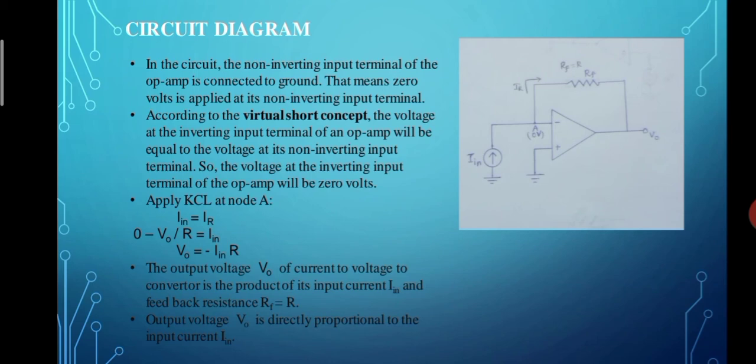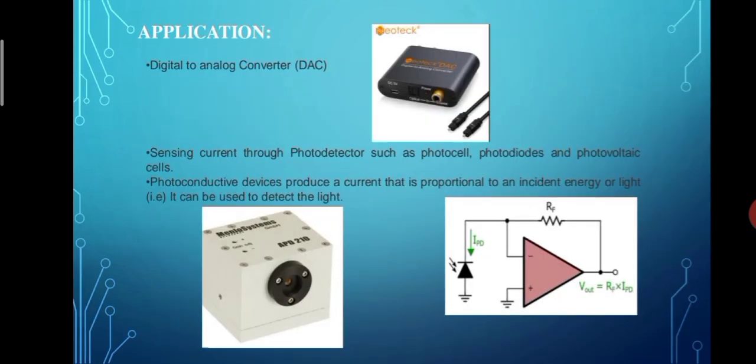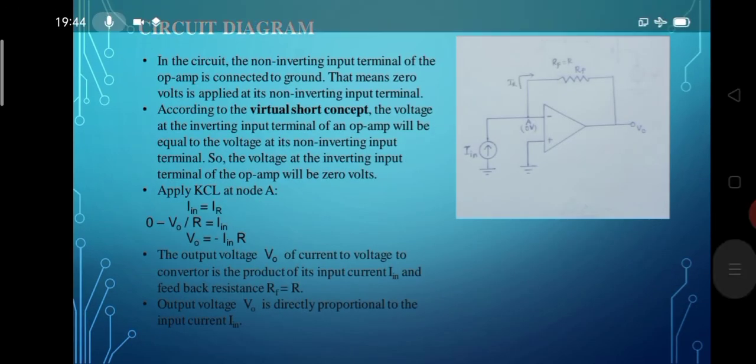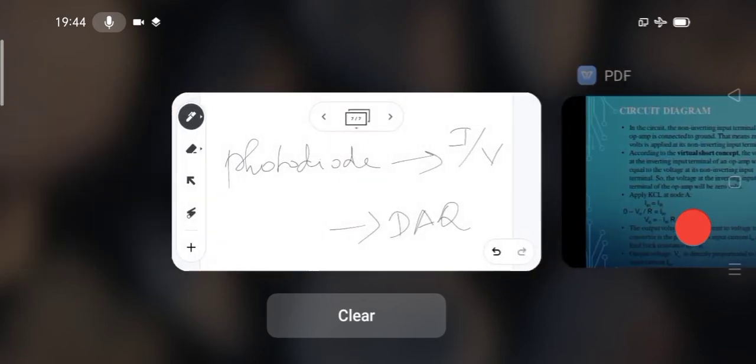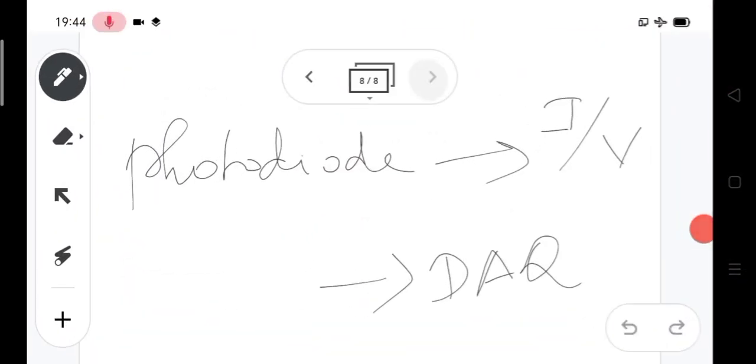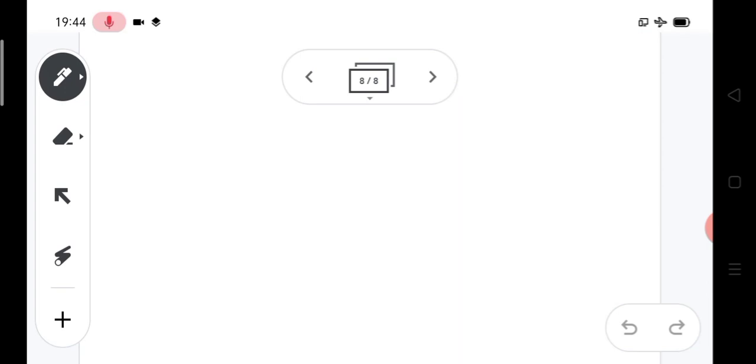The output voltage V0 of the current to voltage converter is the product of its input current and feedback resistance. Feedback resistance is nothing but R. So the output voltage is directly proportional to the input current. Here, it is known as a transresistance or transimpedance circuit, because